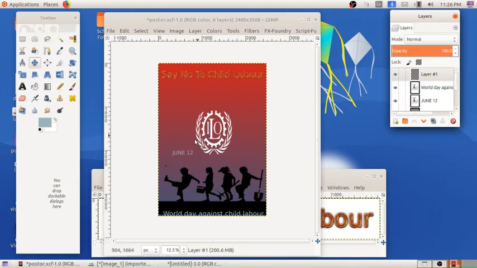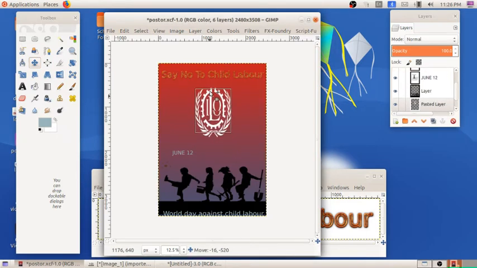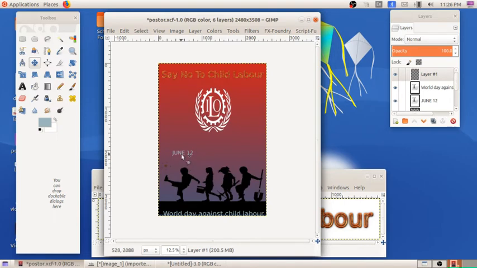Okay. I will place this text in between the two images. So for that I have to move this logo a little more to the top. For that I have to use the move tool. So this move tool is enabled. Click on the white color only. Move the logo. Click on this text, place the text here. So now it is perfect. So this much we have done.